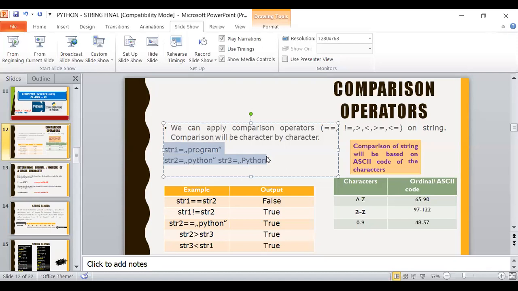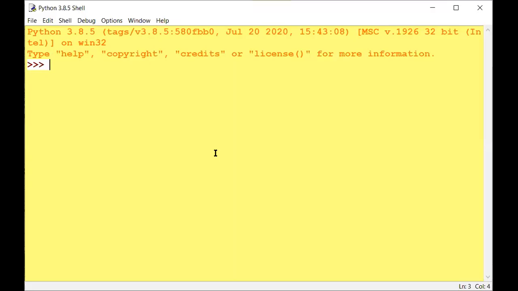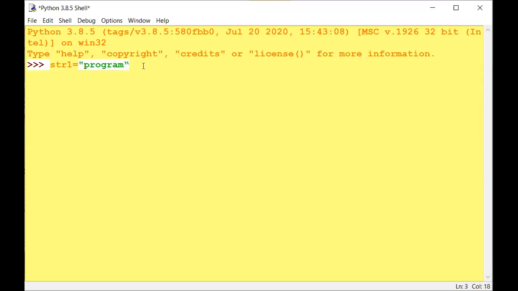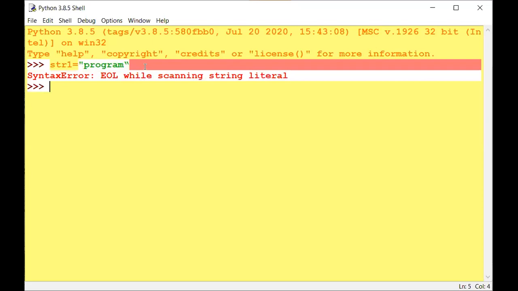I am opening the Python screen. Here I am writing str1 equal, and you have to make this program as one statement. I have to use double quotation marks here.